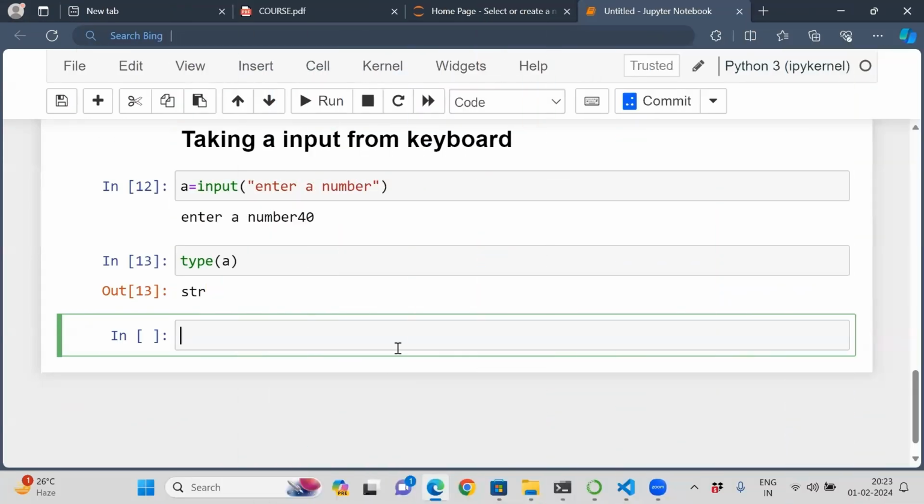Okay. So now, scenario: what do you need to do to make it a number? You need to do some typecasting. We'll call it typecasting. You are converting one data type to another data type, right? This thing you'll call typecasting. Here the scenario is very easy to understand. Converting one data type to